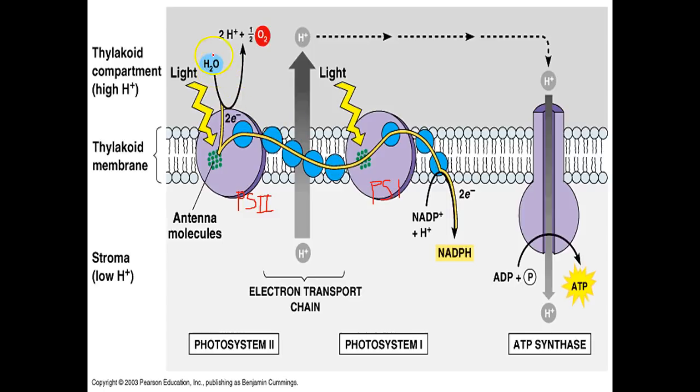Hydrolysis is when we take H2O using light energy and we split it into 2 electrons, 2 hydrogen ions, and an oxygen molecule. The oxygen is going to be released through the stomata of a plant and be released to the atmosphere. So I'll just put ATM, atmosphere. H+ ions are going to stay out here in this thylakoid compartment, which is our high H+ ion concentration. Our low H+ ion concentration is down there in the stroma,